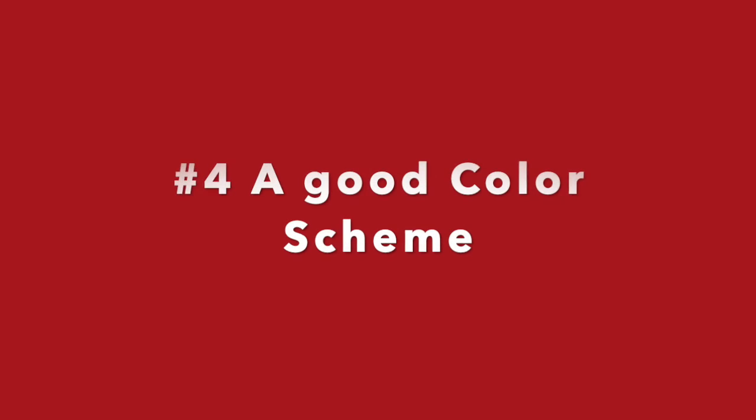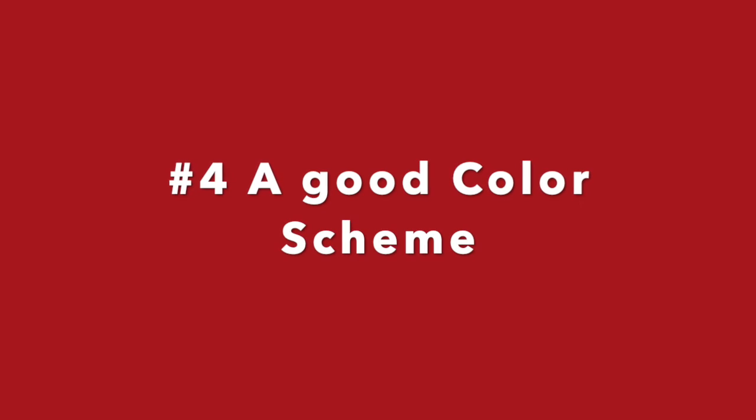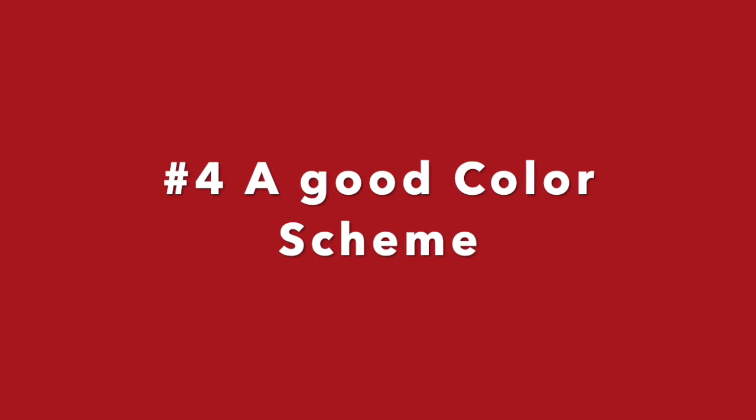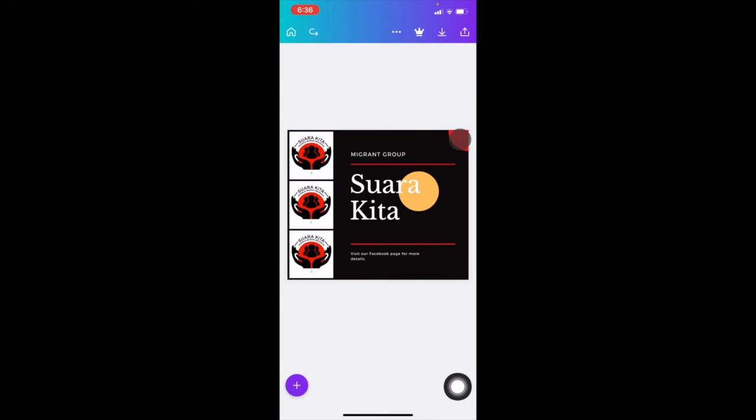The fourth rule of aesthetic is to use a good color scheme that goes with your logo. So in this poster, you can see that I've only used red, white, and black, which are the colors of the logo, but I've also used yellow. The reason I've used yellow is to draw attention to the center. And you can see that I've used a good color here because it does not interfere with the other colors and it also goes with them. It looks good with them.